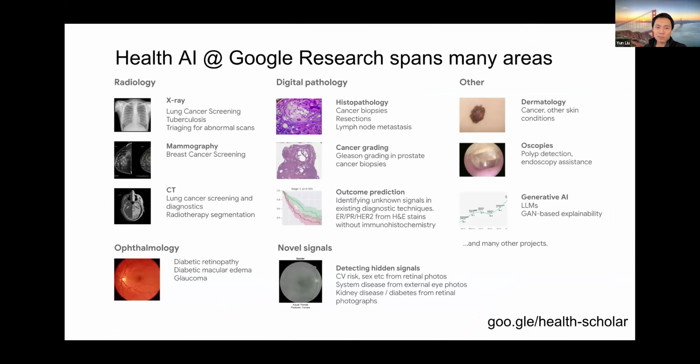Our team has over the last 10 years or so worked in a number of different areas. This slide is not to scale in terms of real estate for each section, but it's about different kinds of modalities and specific kinds of problems we've tackled over the years. Some are by specialty, like radiology versus pathology and dermatology. Others are based on specific problems, for example prostate cancer, breast cancer, and so forth. The first part of the talk will deal with quite a few of these imaging-based modalities. Most of the talk is going to be devoted to this section over here around generative AI.